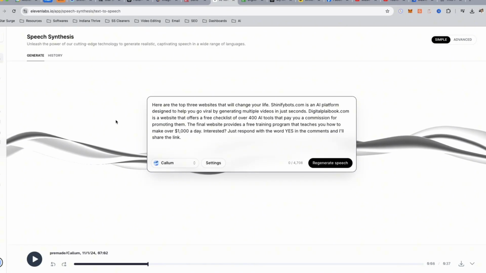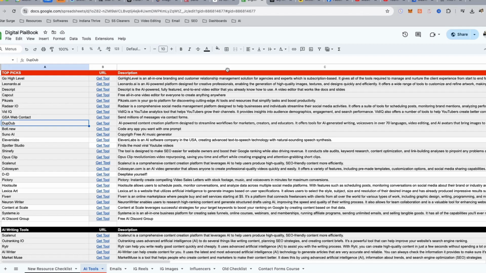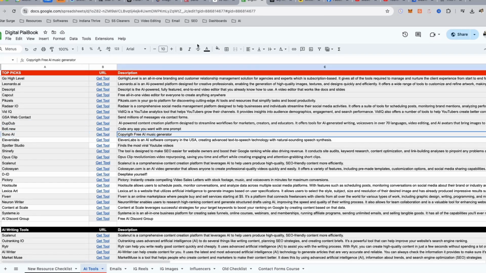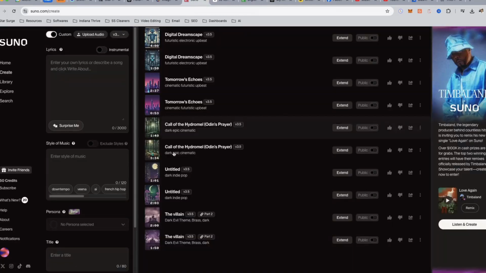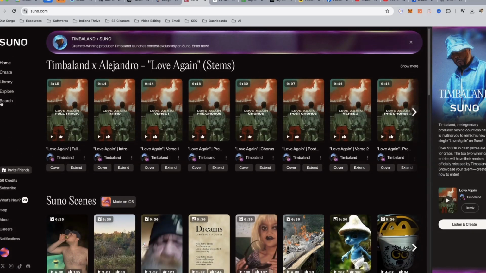Then the last thing we need to do before we go to CapCut is we need to get a cool tool called Suno AI. It's going to be right here in the checklist. And this tool is copyright-free AI music. And this is honestly amazing. Hopefully you guys can hear this different stuff, but